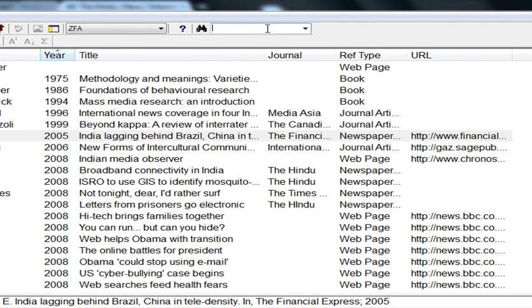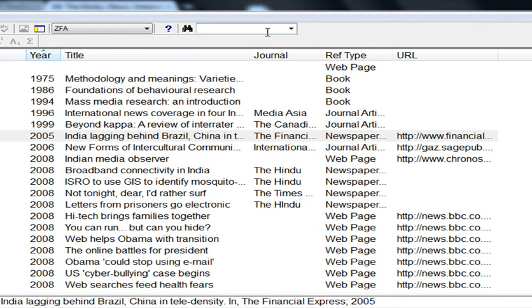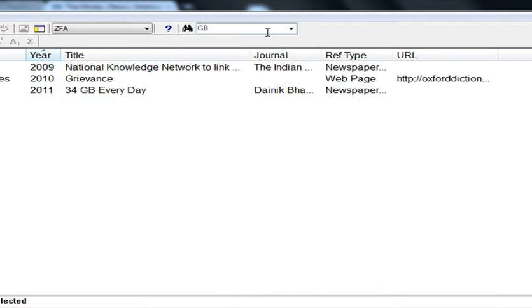For example, I want to retrieve a reference which I entered into the EndNote around 2-3 months back, and I don't remember the exact reference, but I know that it was something related to the human mind's capacity to store information, and there was a particular word in that known as GB. So I will type GB here and press enter.